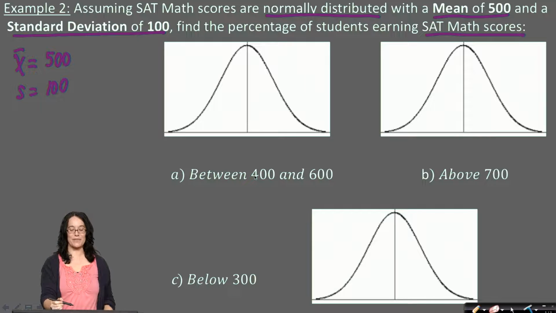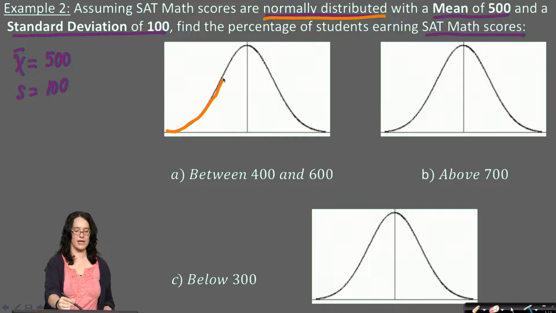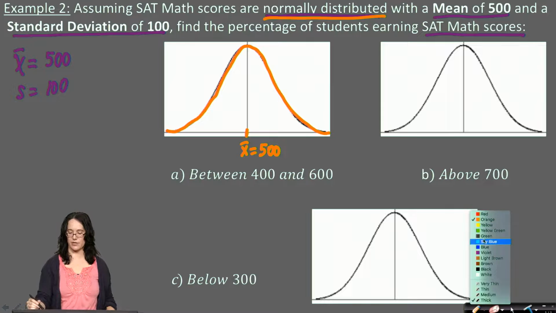So let's start with the first one. We'll do it together, and then I'll see if you can try 1 or 2 of them on your own. Because they tell us that this is a normal distribution, the first thing I should do to visualize things is draw that bell-shaped curve with a high degree of symmetry about the mean, right? So the mean goes right in the middle, and they told me that the mean is 500. Now they also told me that the standard deviation